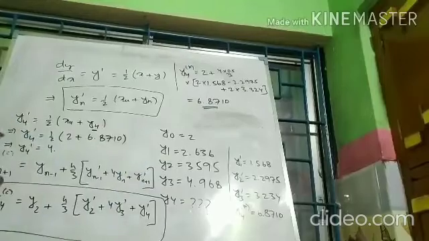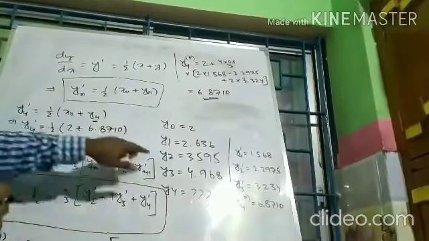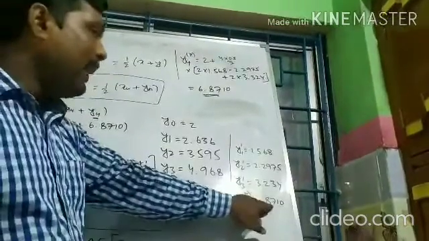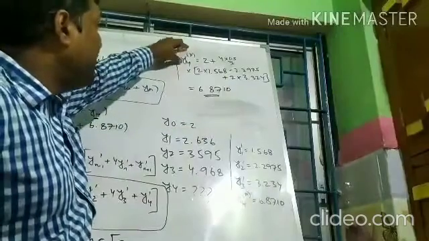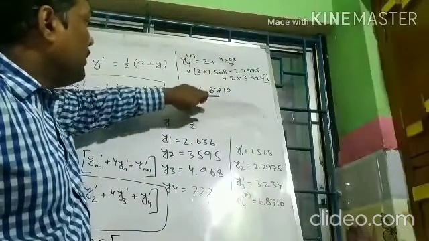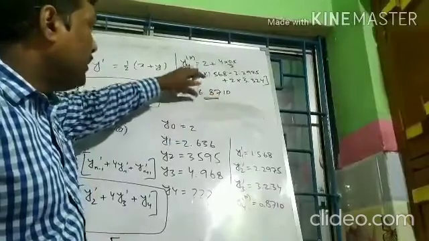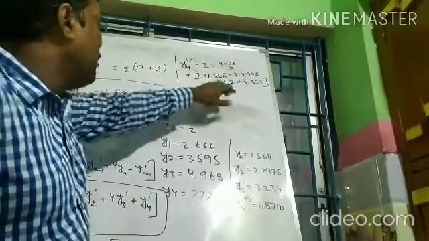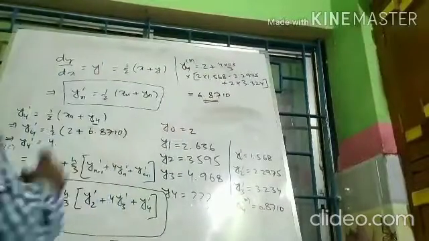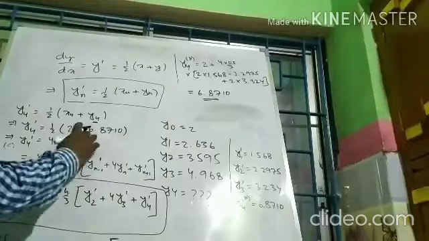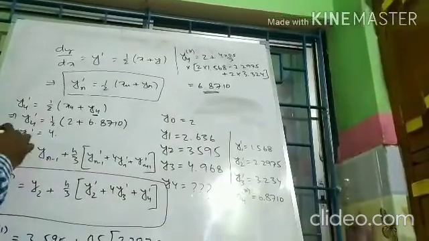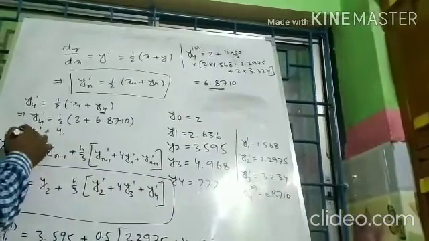So the predicted value of y4 is 6.8710. This is the predicted value of y4, and we use this value here. So the predicted value of y4 prime